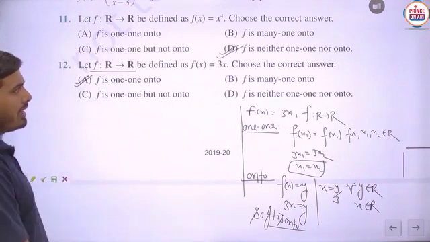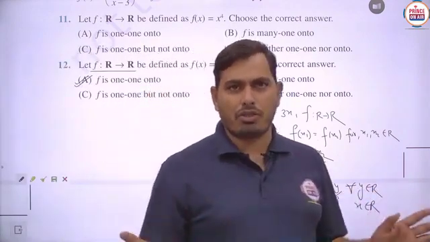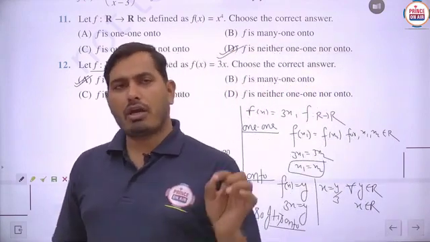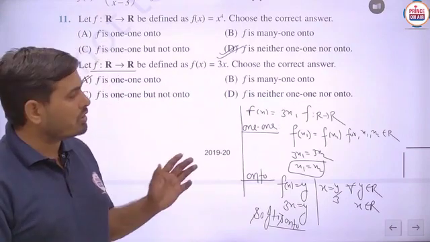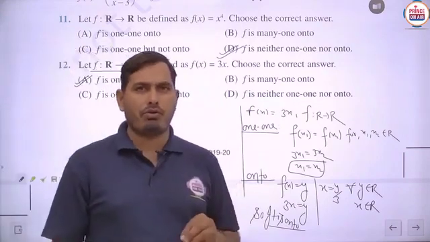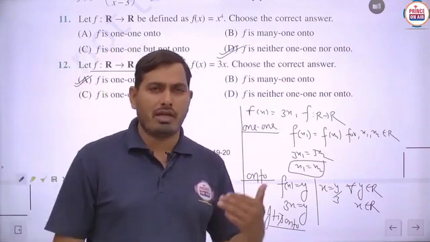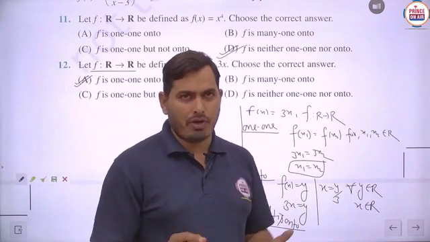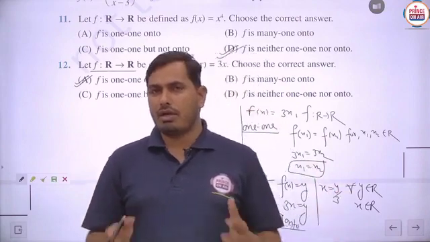In this exercise the questions are of a very similar type, because definitely only the cases of one-one and onto are asked, and these parts are the most important from the examination point of view also. So we have to keep in mind the process of checking a one-one function as well as an onto function. Is it clear? These are some basic types of functions, students. We have to read the theory part as well as discuss the related exercise also.